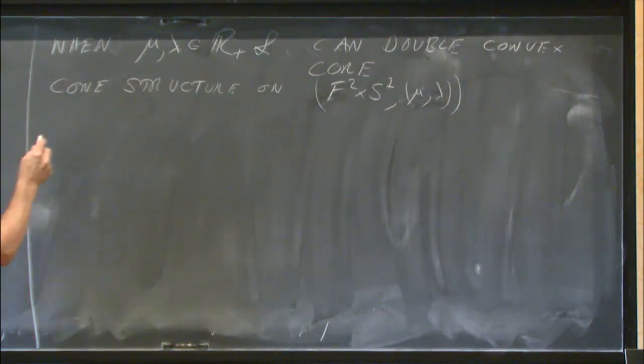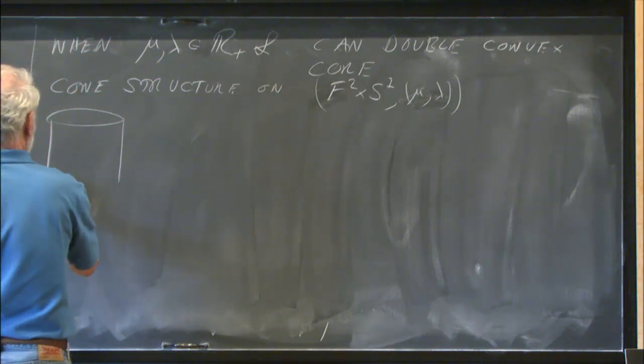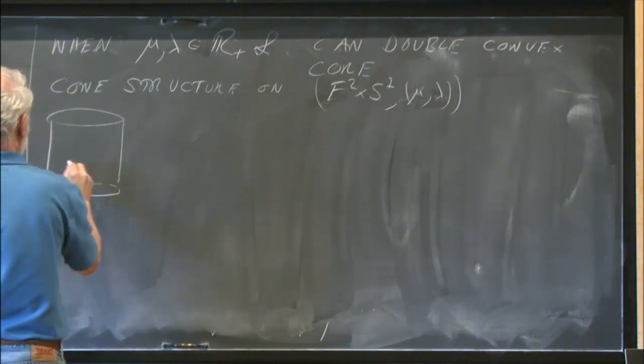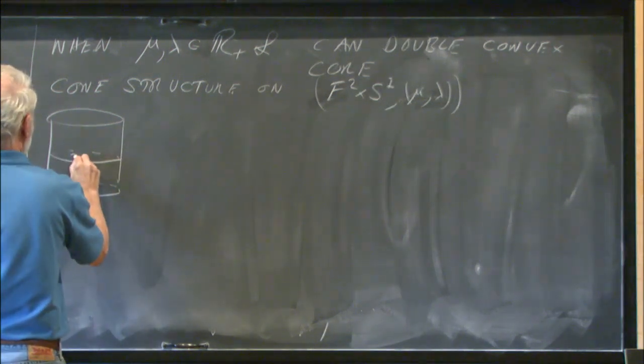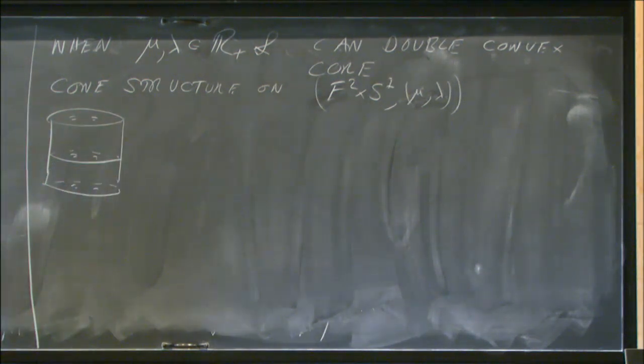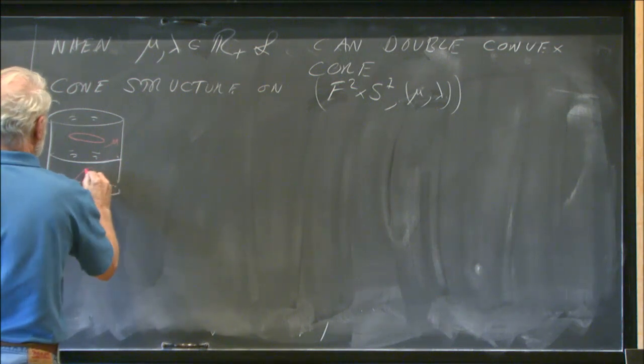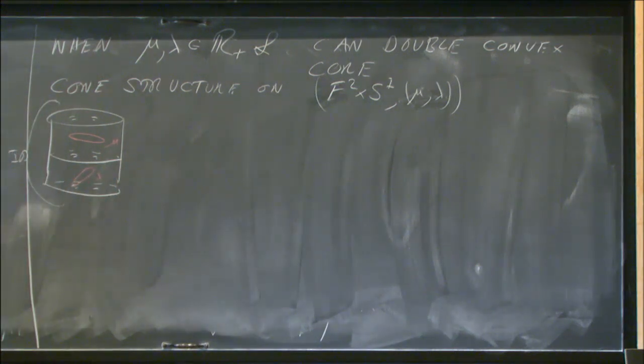So we get the following picture, where this is identified to this just by the identity. And then I have, say, mu sitting up here and lambda sitting down here with singular structures here, and in particular as